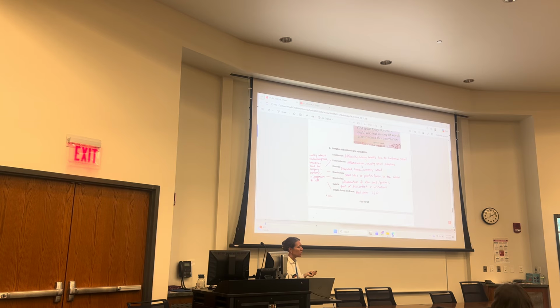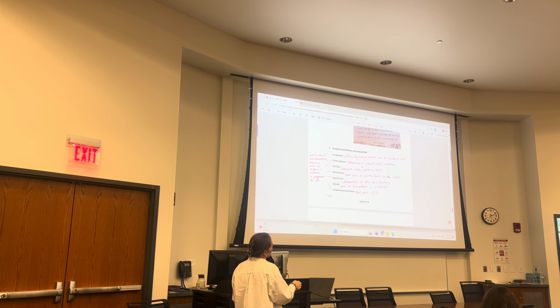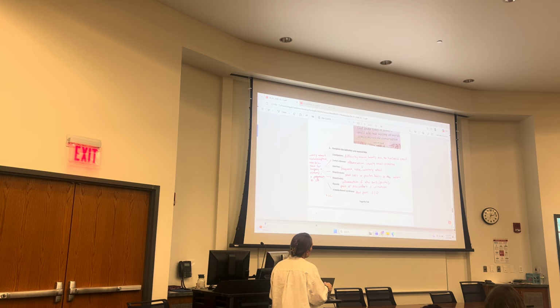Some more vocab here. Constipation, we know, is difficulty moving bowels. Crohn's disease, diverticulosis, diverticulitis, irritable bowel, and on the other side is ulcerative colitis. Those are all inflammatory conditions. Diverticulosis is little sacs that occur in the colon. And then if you have diverticulitis, that's inflammation of those sacs or pouches because food or something has gotten stuck